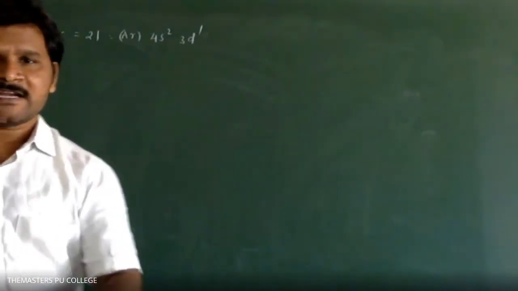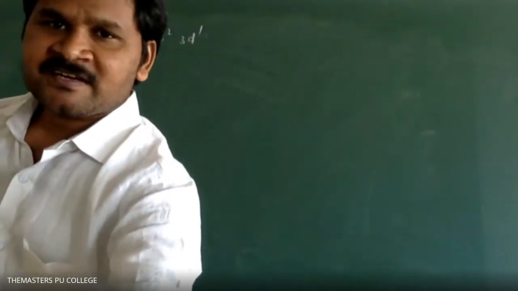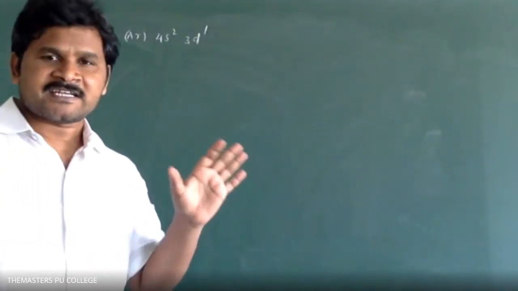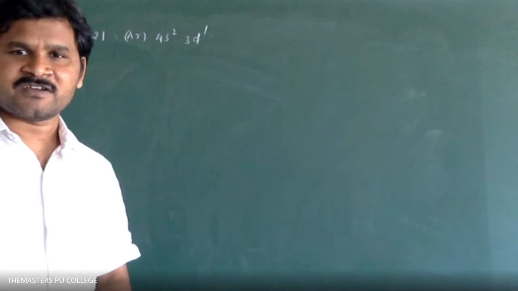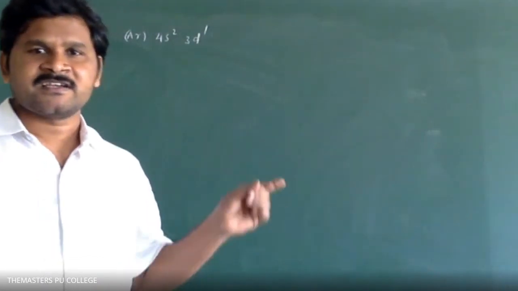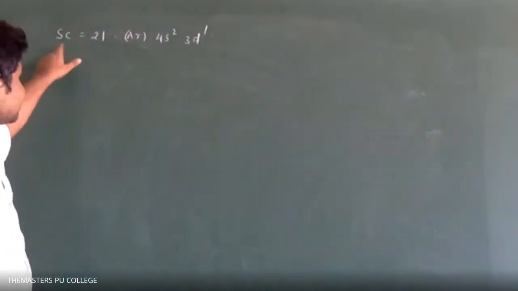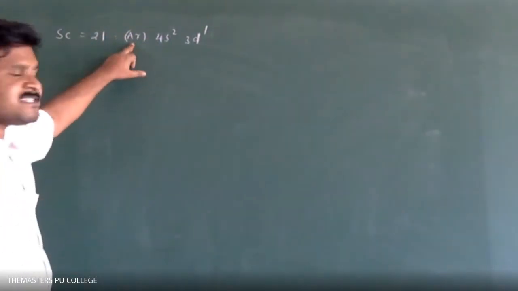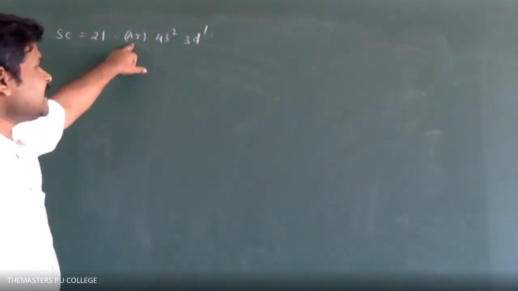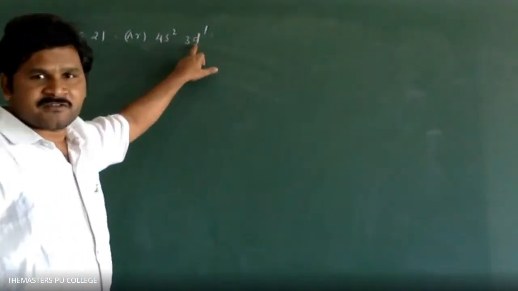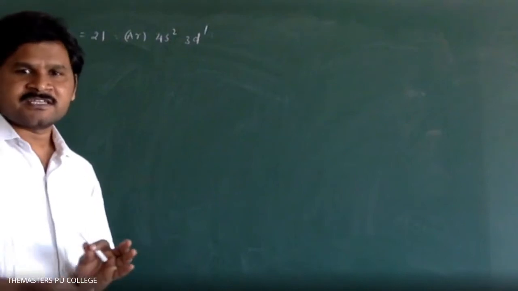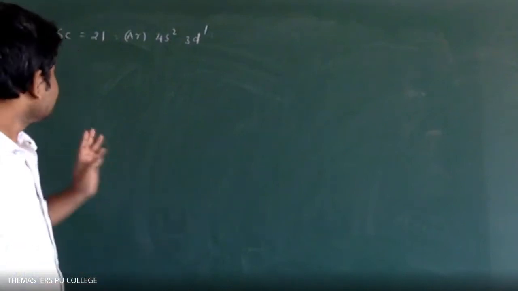While we are writing electronic configurations for heavier elements, we just have to use the nearest inert gas configuration, and everything else we get next. So that's why I am using the nearest inert gas for scandium, that is argon. The atomic number is 21. Argon means 18 completed already. 18 plus 2 is 20, 20 plus 1 is 21. So argon 4s2 3d1, or 3d1 4s2, is the electronic configuration of scandium.